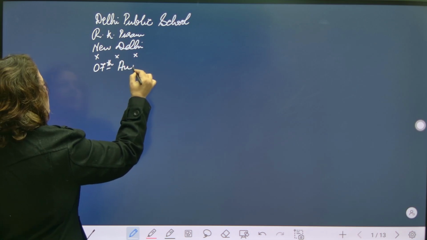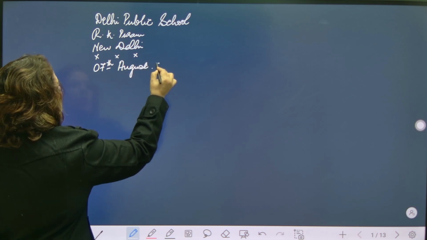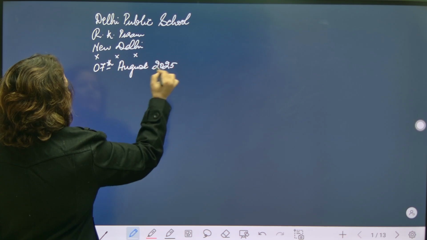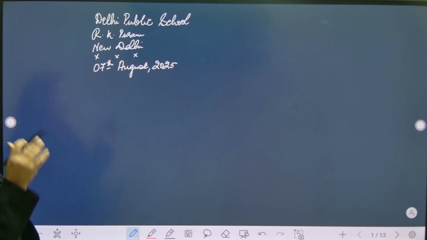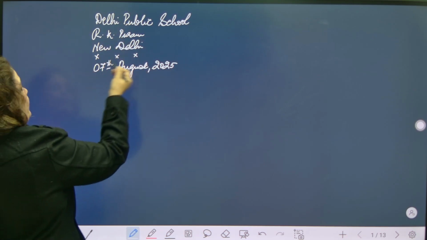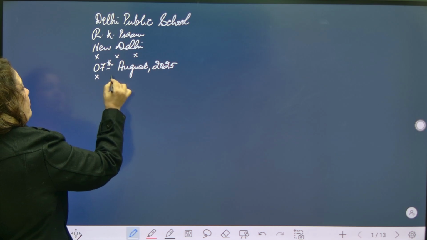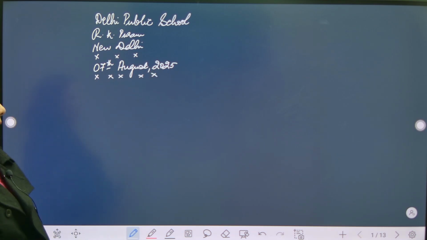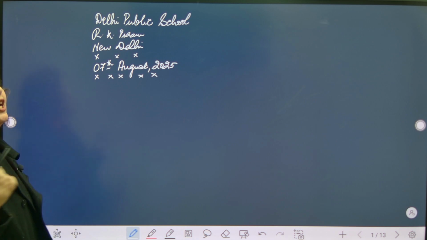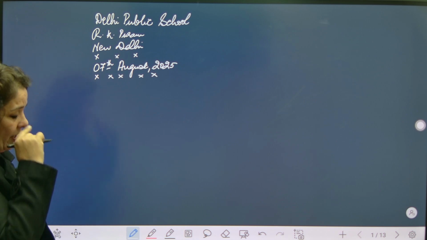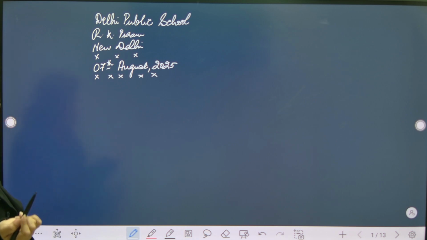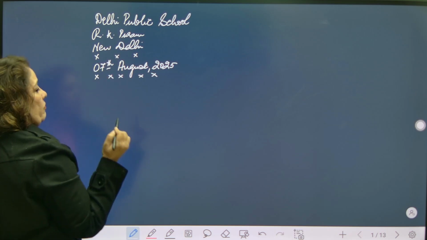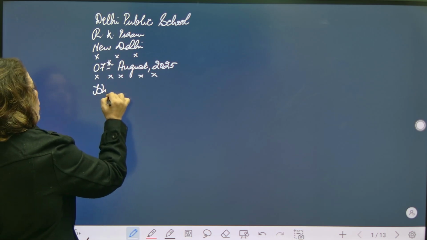7th August 2025. Don't pay attention to the date. After the date, you are again going to leave one line without the crosses. Crosses are just for me. And then you write the address of the addressee. We are inviting somebody as the chief guest. So we can write the name, Honorable